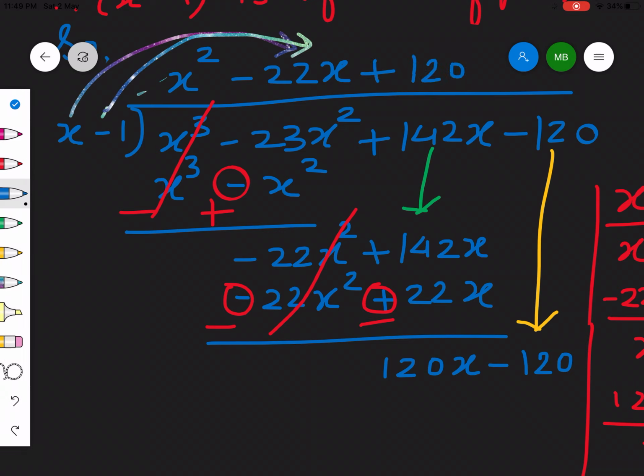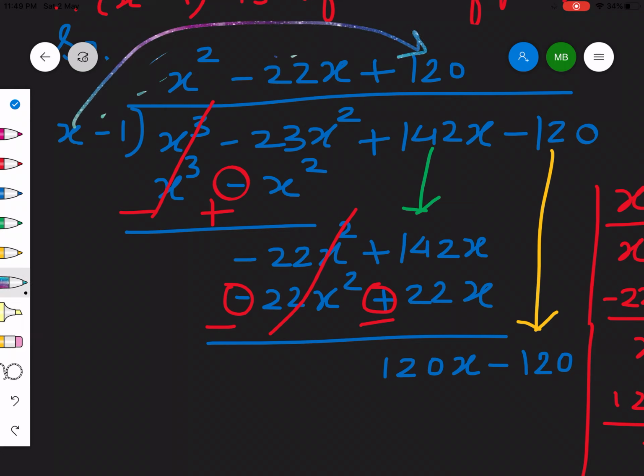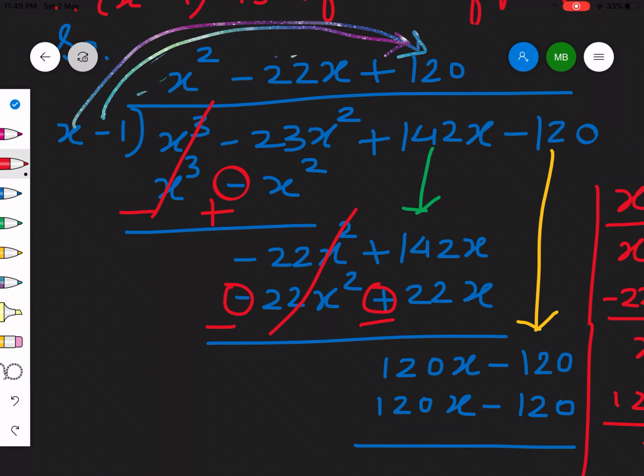Again, the same procedure follows. I'll just erase these arrows from here so that we can make fresh ones. So this x multiplied by 120, what will you get? 120 times x, right? And this minus 1 multiplied by 120, you will get minus 120. Yes, you are right. We'll do the subtraction again, and the signs will be changed. Positive terms will become negative, and yes, all the terms cancelled, and here we are left with